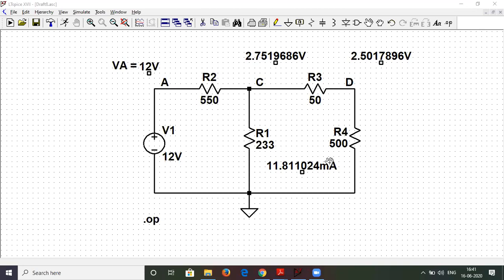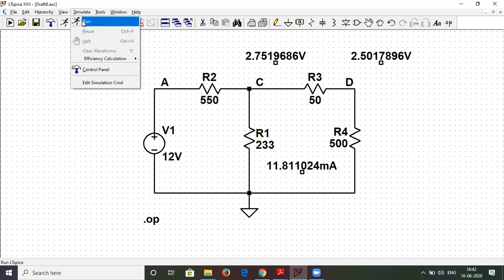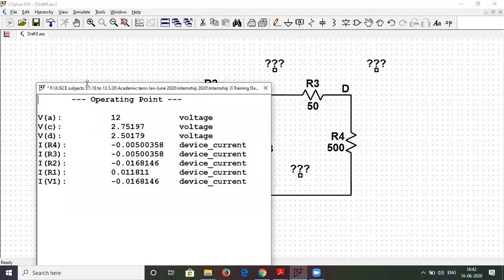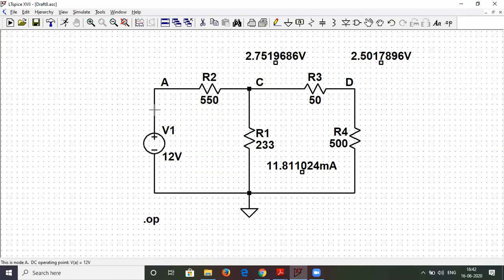Sir, can you explain that last part again? That you assigned that VA, VC. Yes. Now the one thing is, if we simulate this, we get this window, right? But every time I want to represent these values on the circuit itself, what we need to do is click on any part of the circuit.